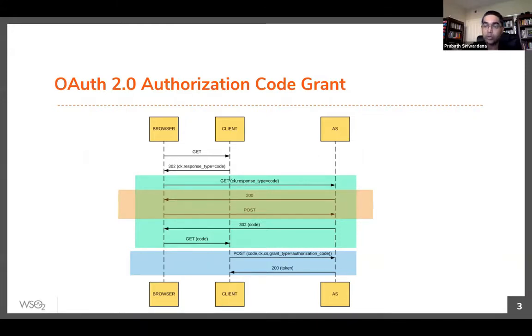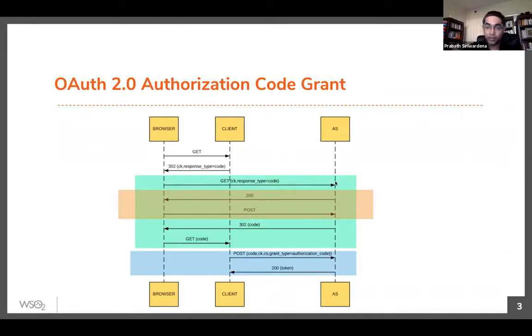And you also know from the last session that with the response type, we also associate something called response mode. It's not defined in the OAuth spec, but for a given response type, there's an associated response mode too. For the response type code, the associated response mode by default is query. That means you get the authorization code as a query parameter. Then you send a GET request to the authorization server.